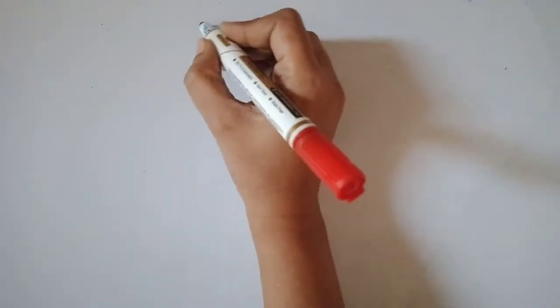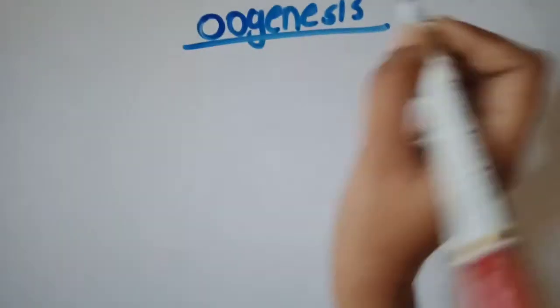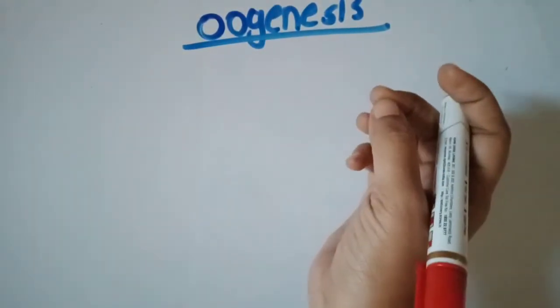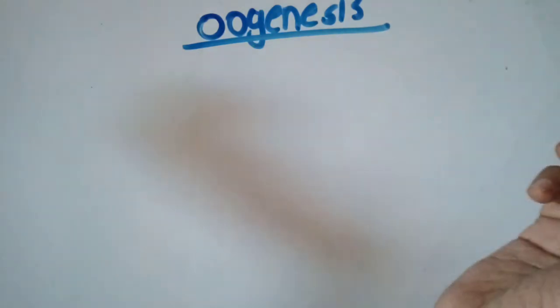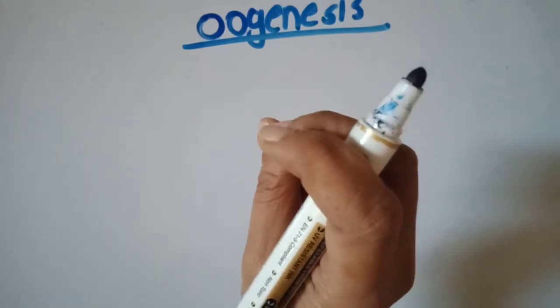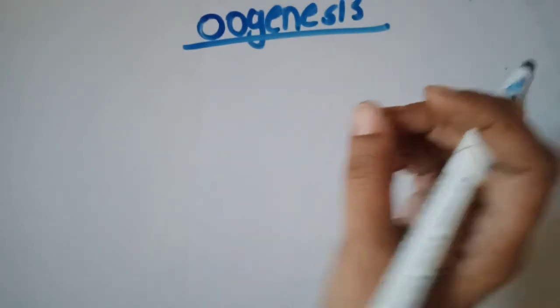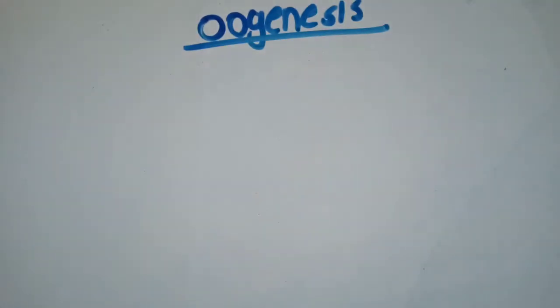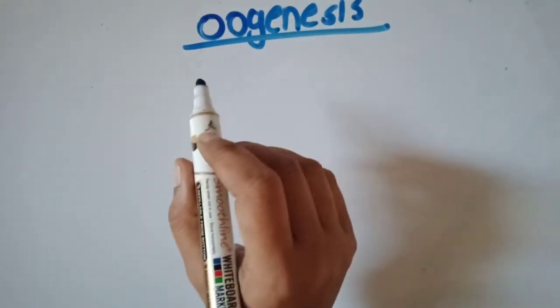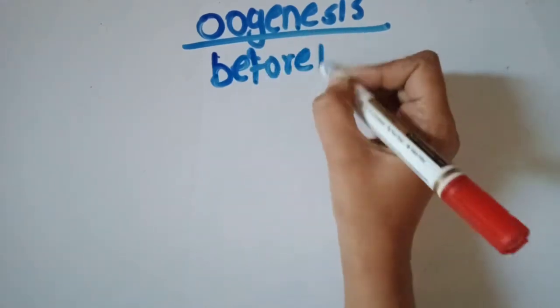In today's session we are going to talk about oogenesis. If you see, oogenesis means what? Formation of female gamete. So if you see the difference between spermatogenesis and oogenesis, spermatogenesis starts when a boy reaches the age of 14 or 15, when his gonads, that means his sexual organs, get fully developed, his testes and penis get fully developed, then sperm formation takes place. But if you talk about oogenesis in case of females, it starts before her birth. Okay, so it starts before birth.